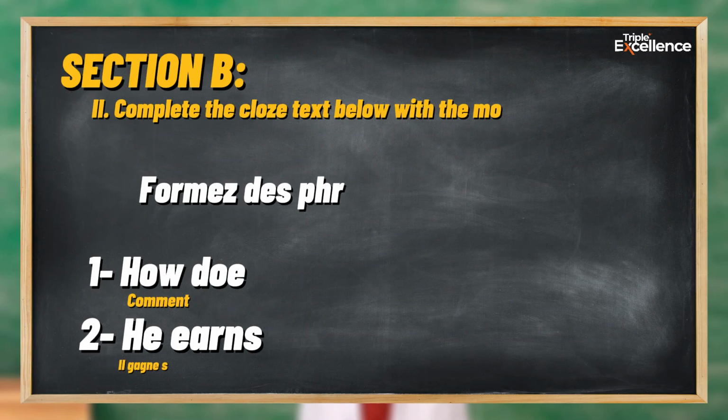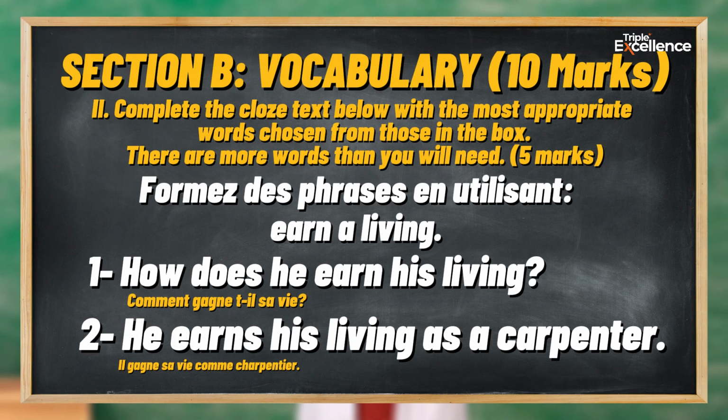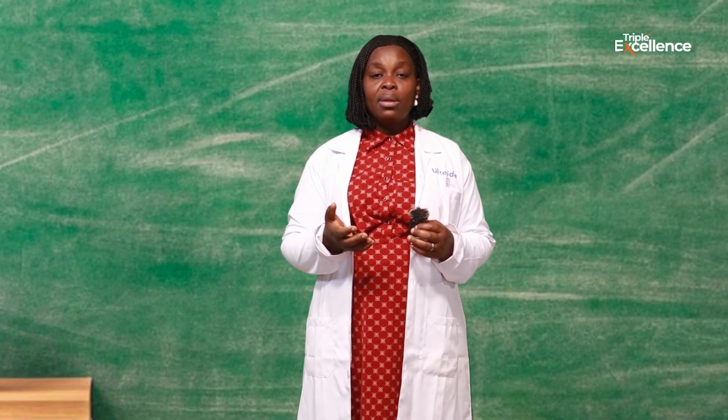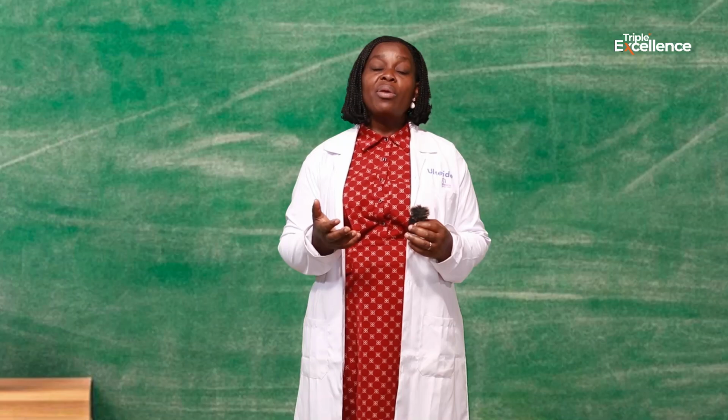Okay, how many people scored 5 on 5, 4 on 5, 3 on 5, 2 on 5, 1 on 5, 0 on 5? Oh, I do encourage you to practice because practice makes perfect. C'est en forgeant qu'on devient forgeron. Ne vous découragez pas, même si vous avez eu 0 sur 5 ou 0 sur 10. C'est la fin de la correction de vocabulary qui était sur 10 points, vocabulary probatoire 2024.